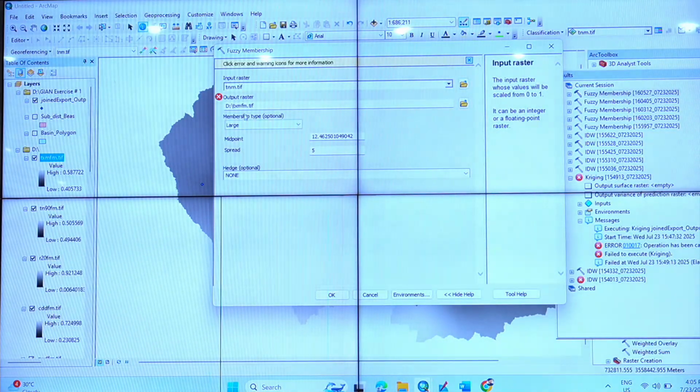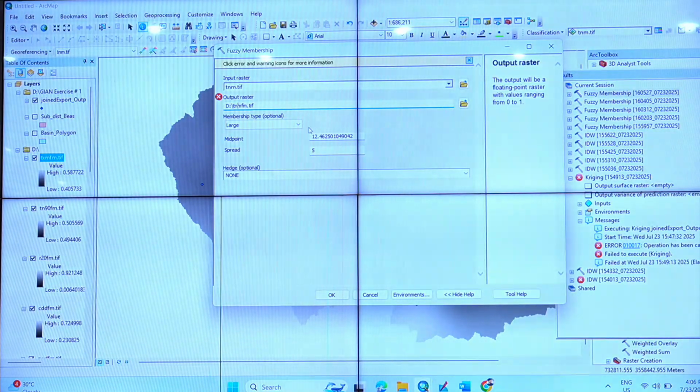TNM, temperature mean minimum. TNM, right? And then minimum. This is minimum, so this will not play a major role.